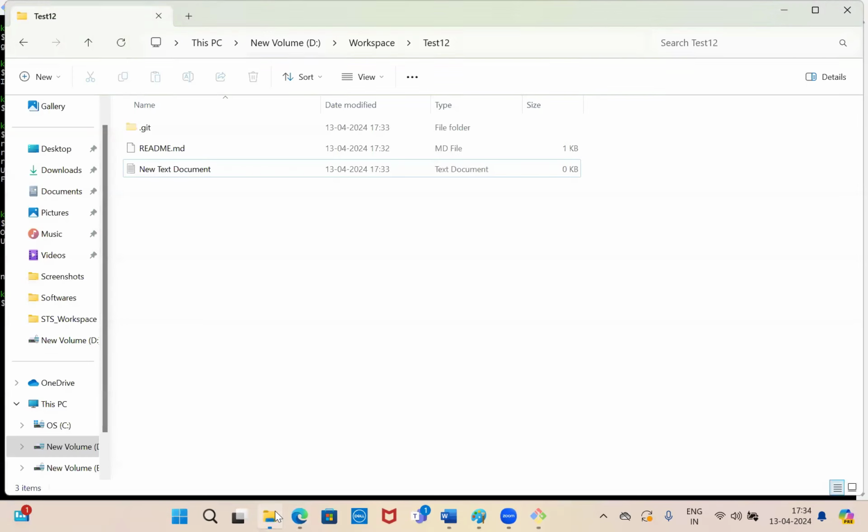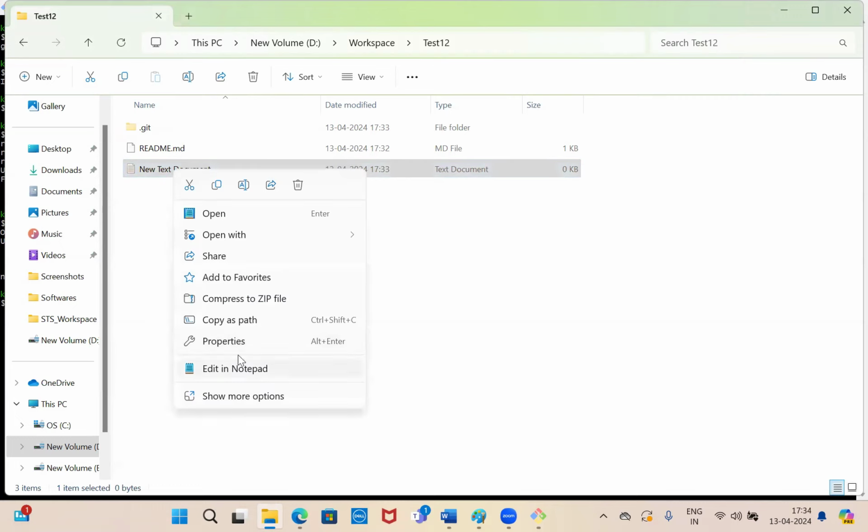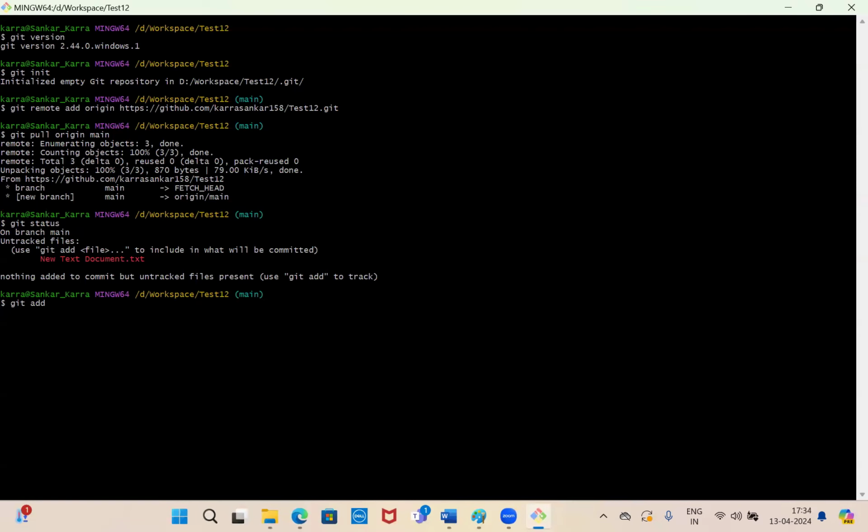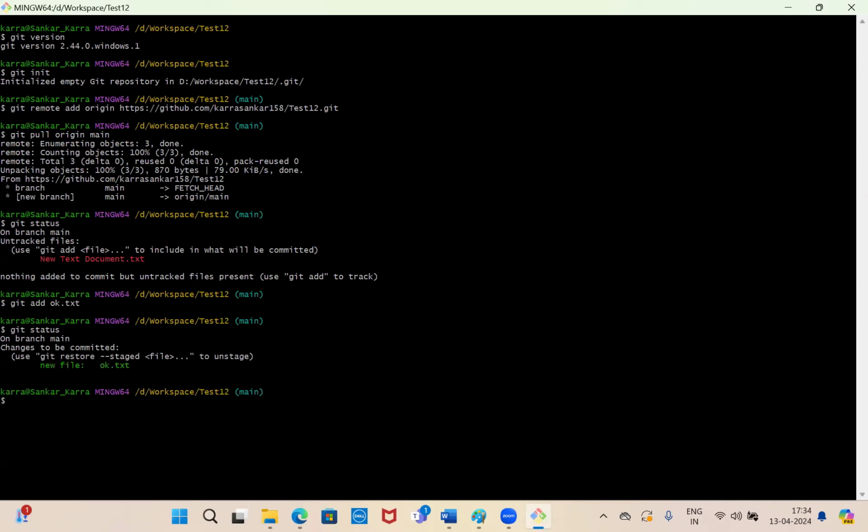You can verify here first. New text document. Change the name, so rename it. Suppose I am giving okay. You can tab, okay.txt added. After that, check git status. Here, changes to be committed. Unstaged, this is an untracked file. Once you have added it, git